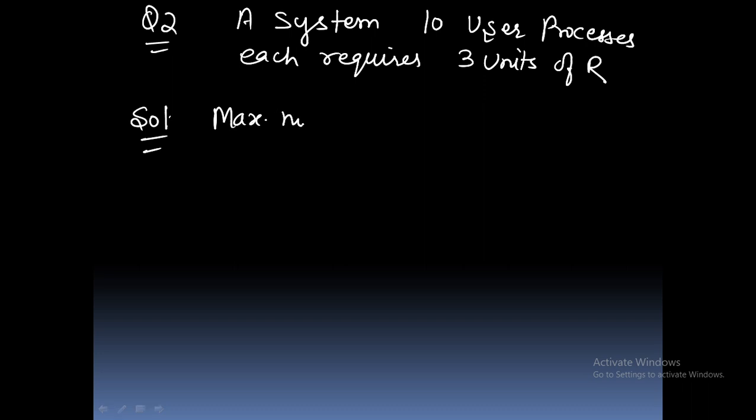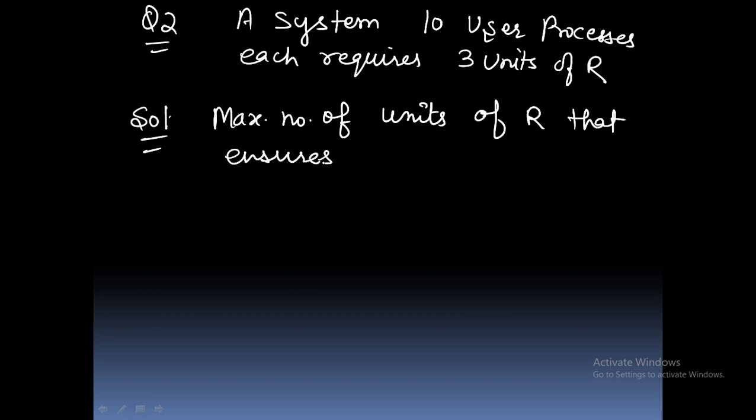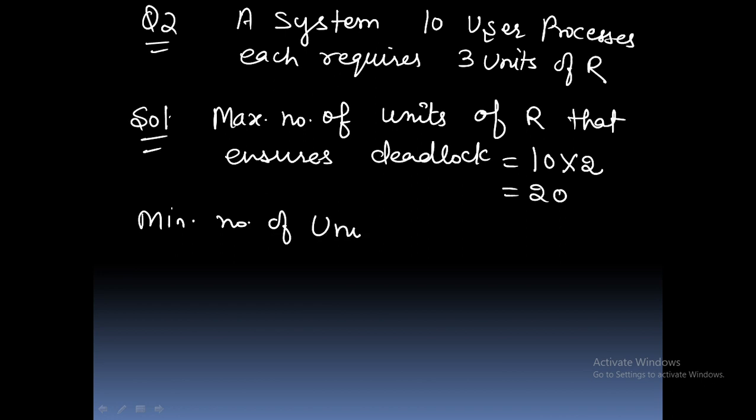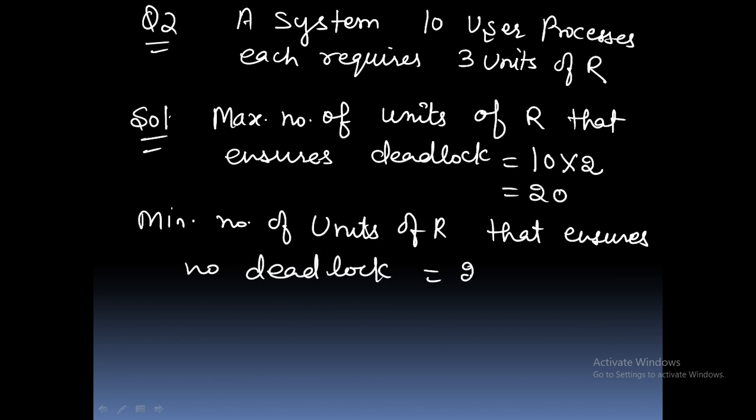Maximum number of units of resource that ensures deadlock, that is 10 processes multiply 2, that is 20, and minimum number of units of resource that ensures no deadlock, that will be 20 plus 1, that is 21, because